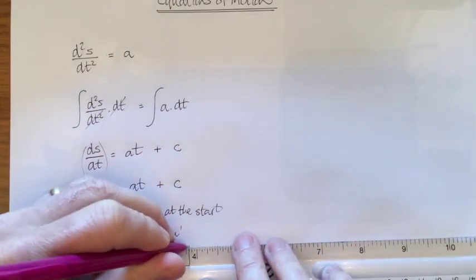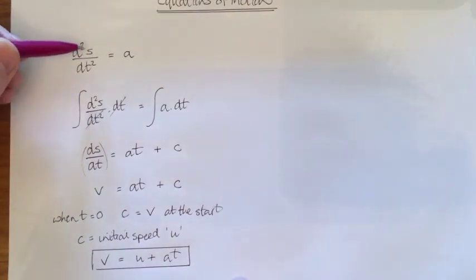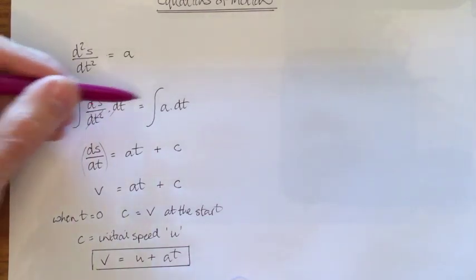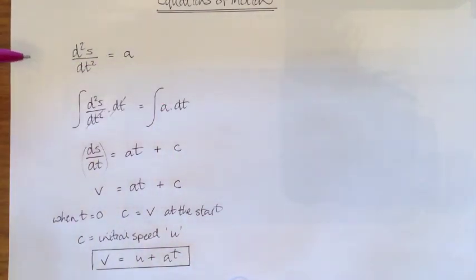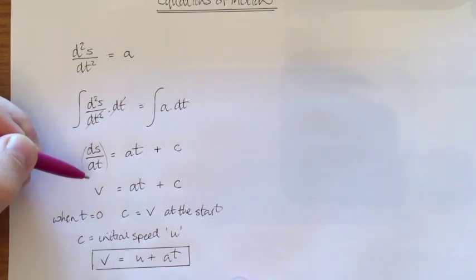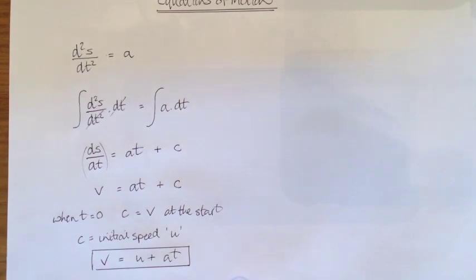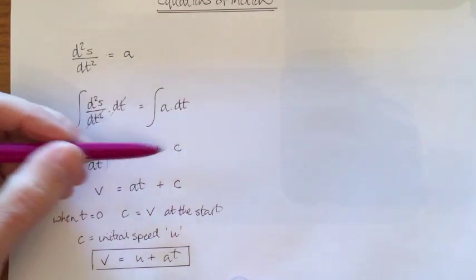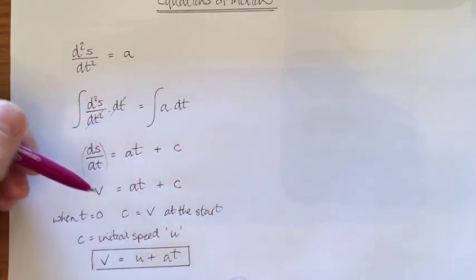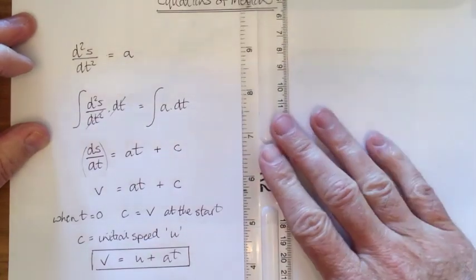All we've done is start off with our acceleration statement. It's the second derivative of displacement. If you integrate that with respect to time, integrate acceleration with respect to time, then we get ds by dt, which is velocity, equals at plus our constant of integration. That constant of integration, when t equals 0, c must be equal to our velocity at the start, which is the initial speed u. If we integrate that again,